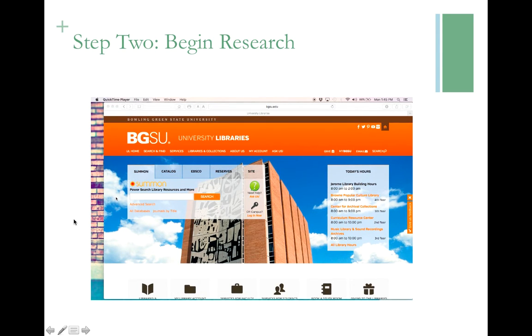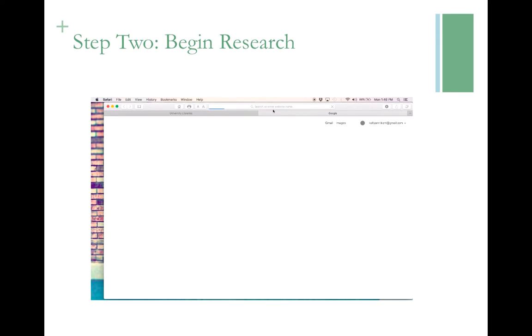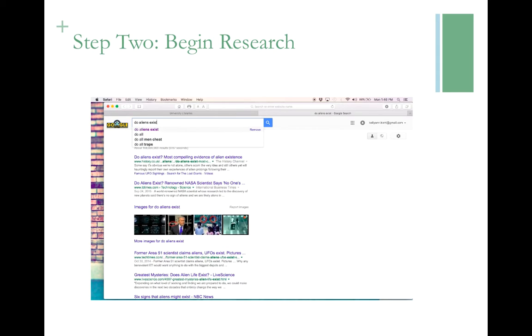So I'm beginning my research now about the existence of aliens, and I'm wondering, where do I start? And I would like you guys to redirect your instinct to go to Google and to put it here in this Summon search engine. And here's why. If you type in, do aliens exist, which apparently I've Googled before,